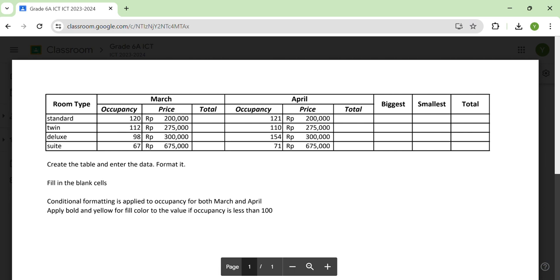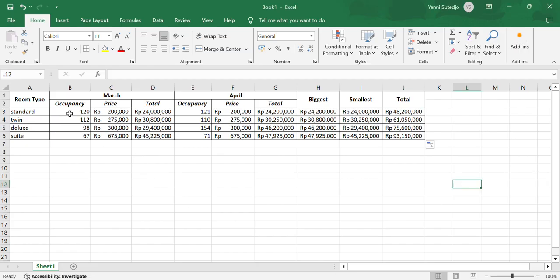So if the occupancy in March, I will highlight that, and also in April, because this one is a separated cell, so I will press Ctrl again, hold it, and I select this one. If the value of the occupancy of March and April is less than 100, then you will apply a particular formatting, which is it will be bold, right? It will be bold and yellow for the fill